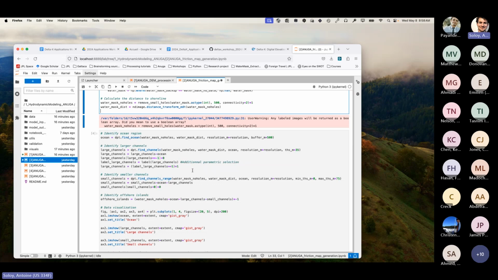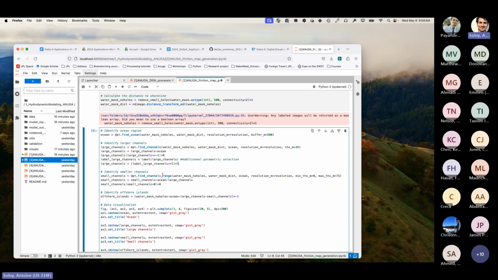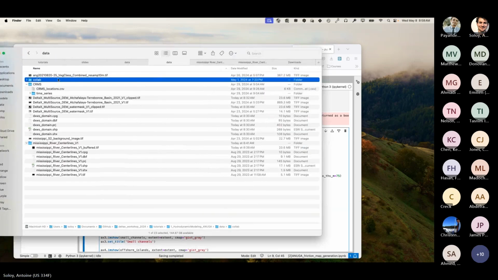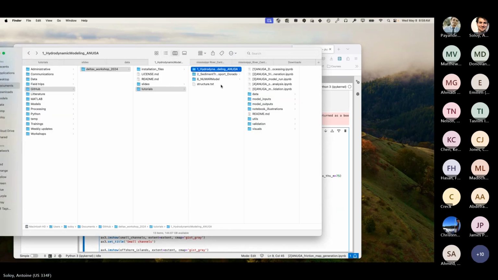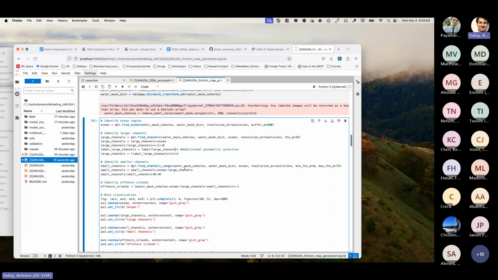morphological characteristics. I won't go into details, but if you're interested in how it's done, you can go deeper in the code. Those functions are available if you want to dig into them in a subfolder here that is called utils. And in utils, you have a bunch of .py files that contain some functions. But for our purpose, we're going to keep all of those parameters